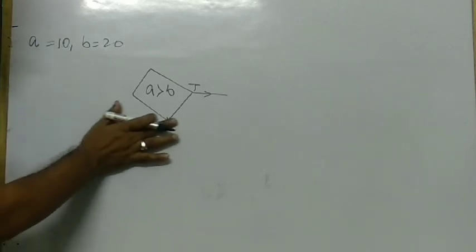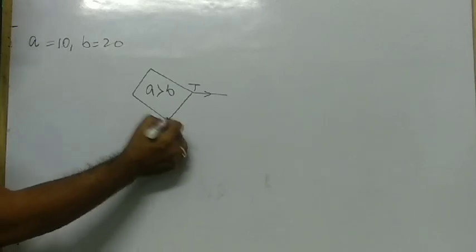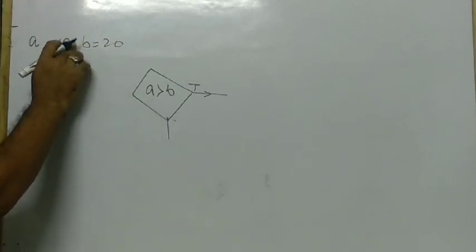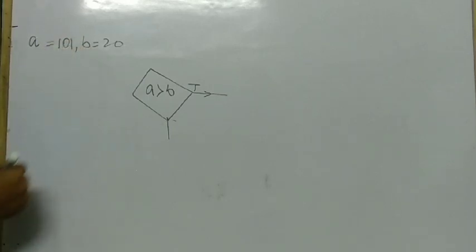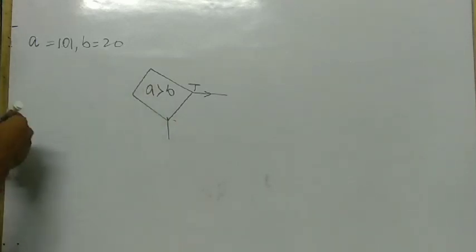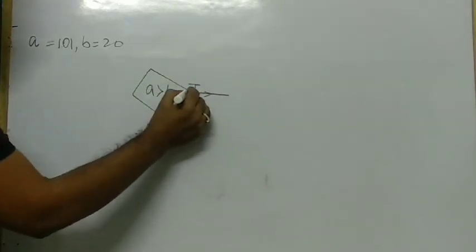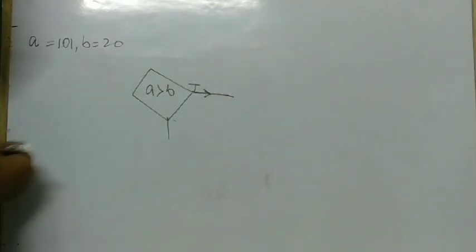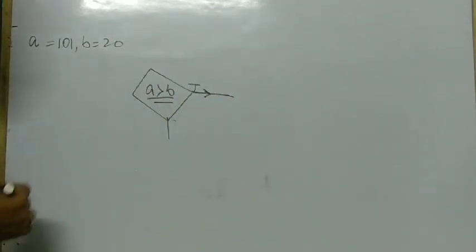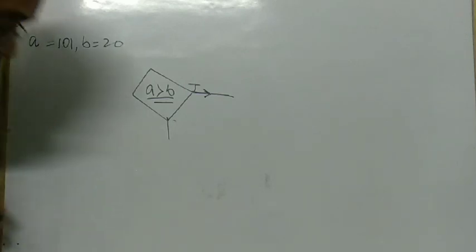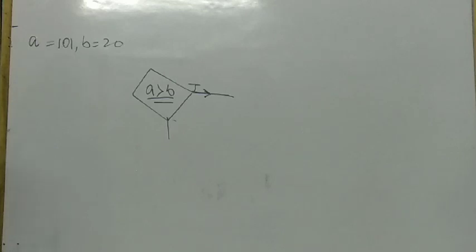Now the opposite of this, if we change the value of A from 10 to 101, then in that condition, the program will follow the true statement, this path, depending upon this condition. Okay, so whenever a program follows a particular path depending upon a particular condition, that kind of statement is called a conditional statement.